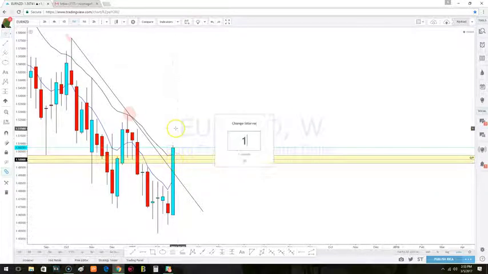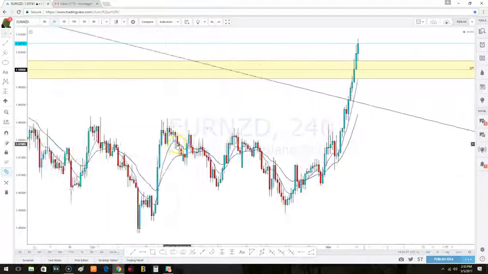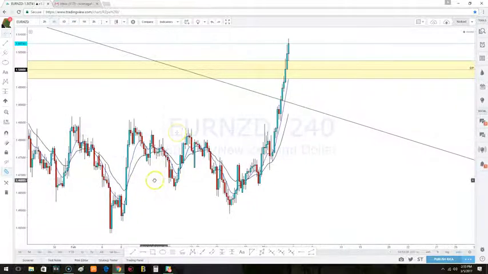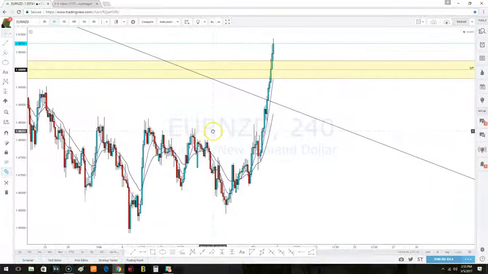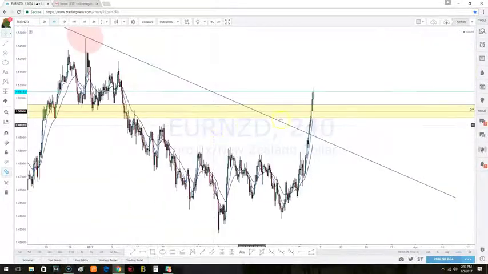Okay, and if we go down to the 4-hour chart, see right here, that's that daily trend line. There we get a clean break. Since it broke through and closed above our quarter point on the daily chart, and it closed above our